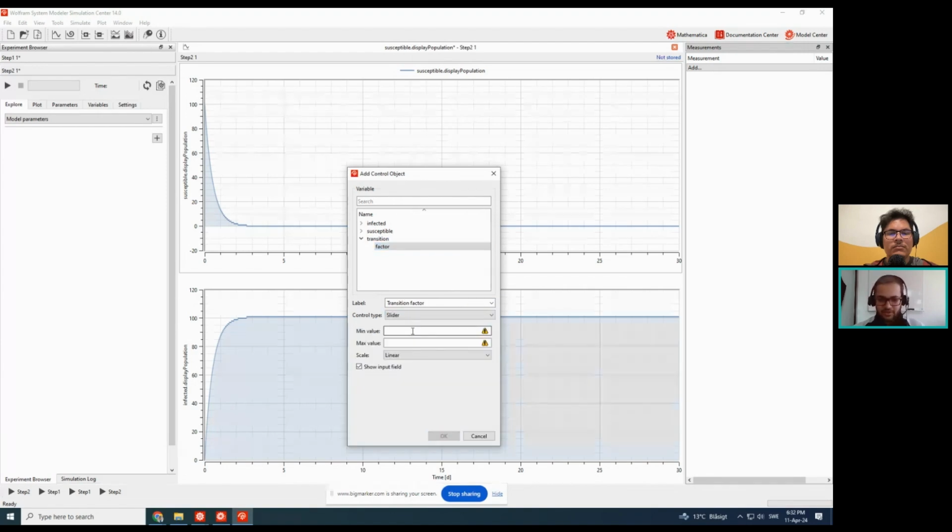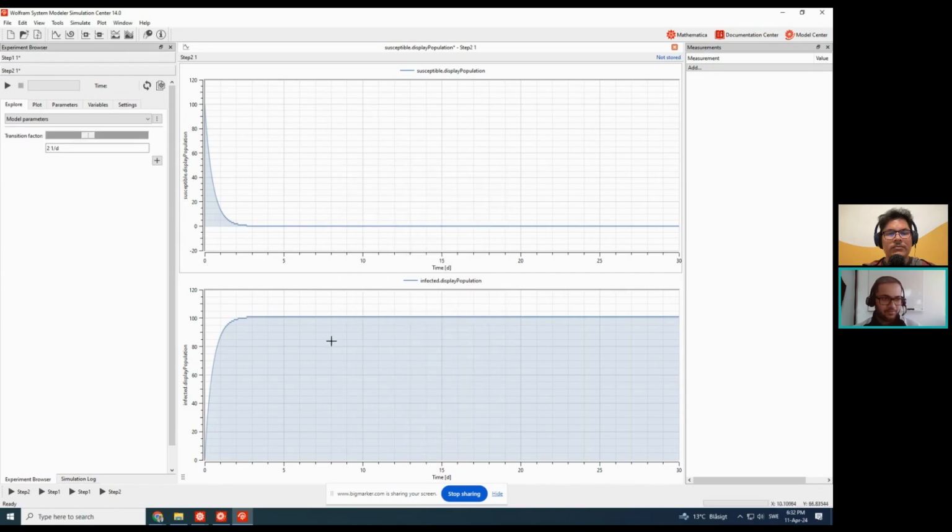Let me change it, let's say from 0.001 per day to 5 per day. I knowingly avoided zero because sometimes it leads to singularities or some weird errors. So I try to avoid using zeros when I test different scenarios. And then let me click OK. Okay. Now if I slow down,